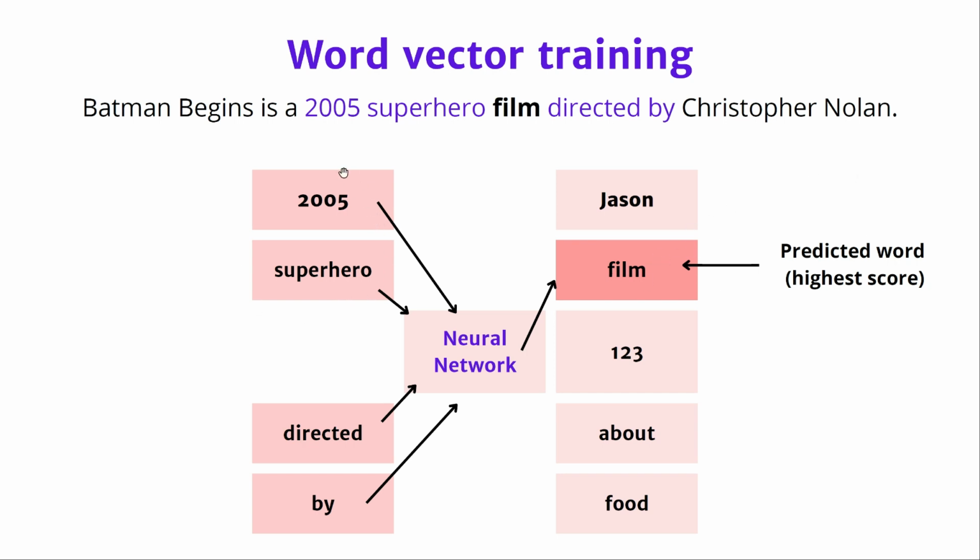So when I mean the input is words, again they are not simply words, they are just tokens or indexes. For example, 2005 could be some index and superhero could be some index, let's say the 10th word or something like that. On the output you have a similar column. So the neural network is trained such that you take this 5-word context, you give the input words, and you tune the neural network such that the output word is film. Essentially that particular output has the highest score among all the others.